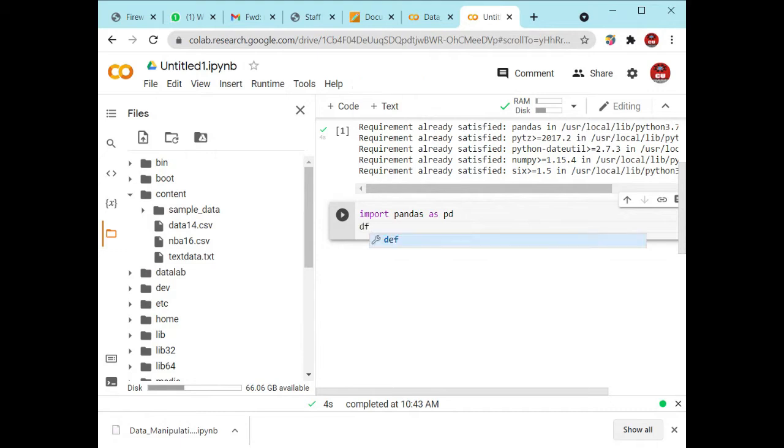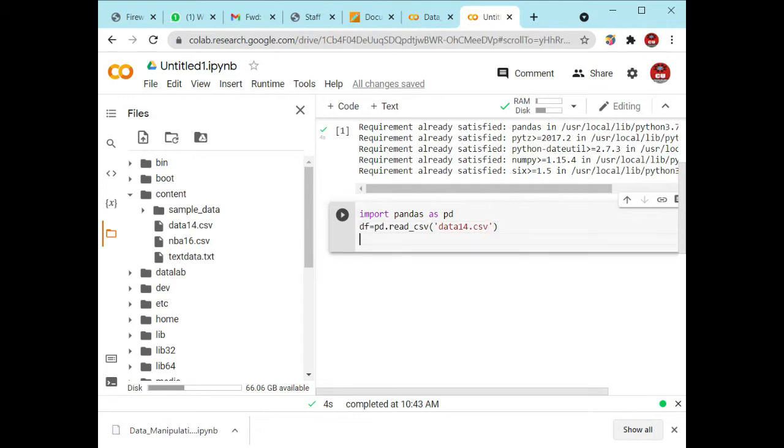So we define a variable df and equate it to pd.read_csv. This read_csv is a function which will read the file. What is the file name? Data14.csv. This is the file name.